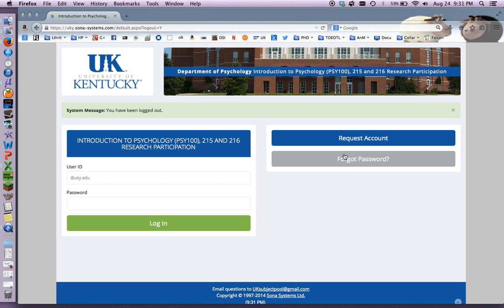account. And don't forget, right underneath the requested account is the often used forgotten password button. So when you forget to change that password and can't remember the weird one the system sent you, you can have another one sent to you. But remember, it's going to go out to this uky.edu address, so you'll need to be sure to check that